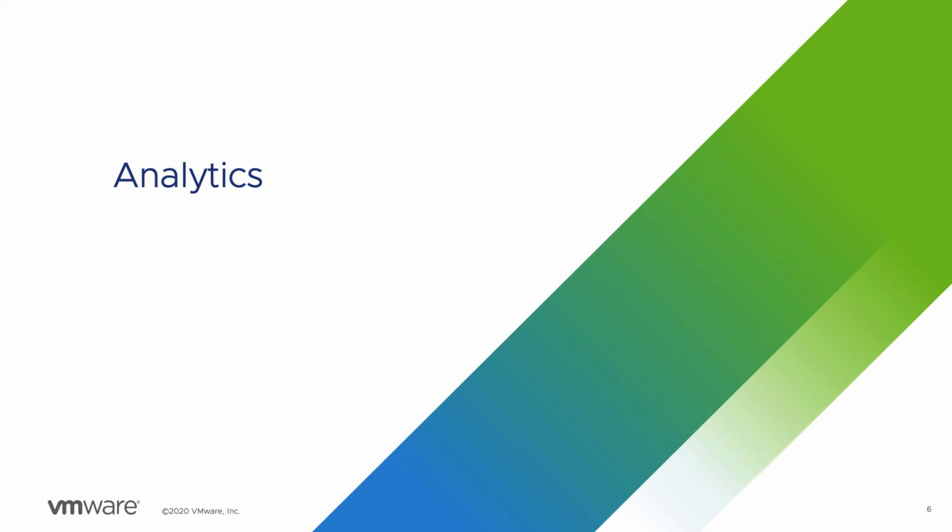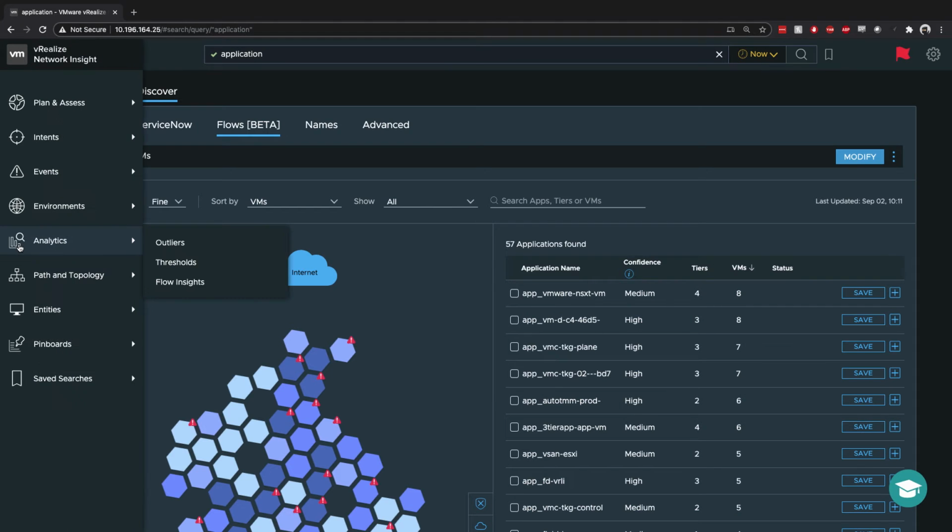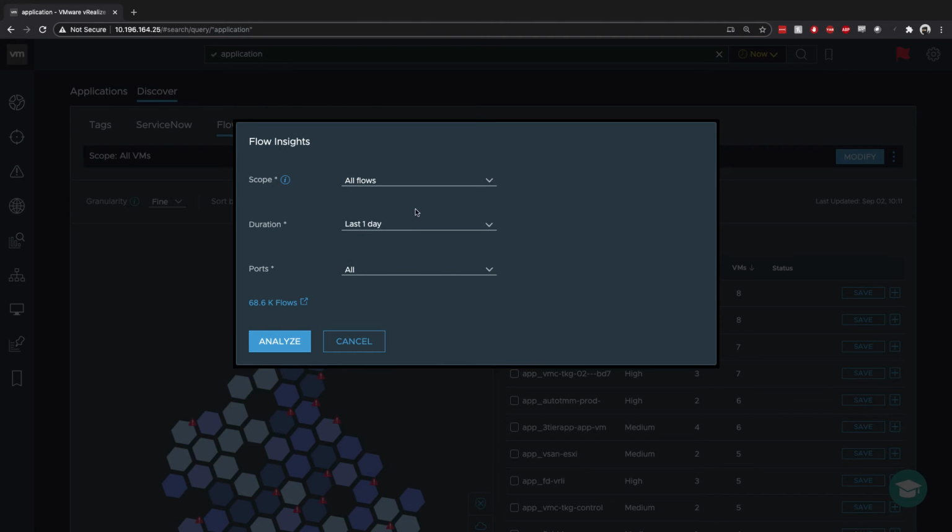Moving away from applications, let's talk about the analytics portion of vRealize Network Insight. There are three primary analytics that we can use: outliers, thresholds, or flow insights. First, we're going to look at flow insights. What flow insights will do is take any set of flows, in this case we'll look at all flows for